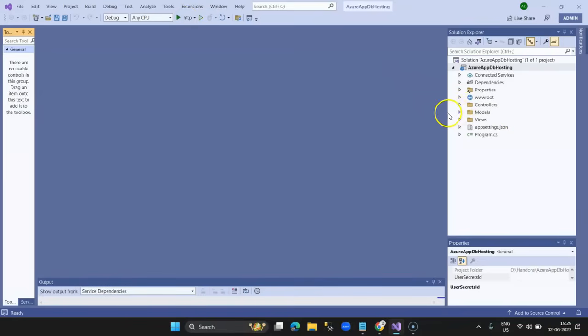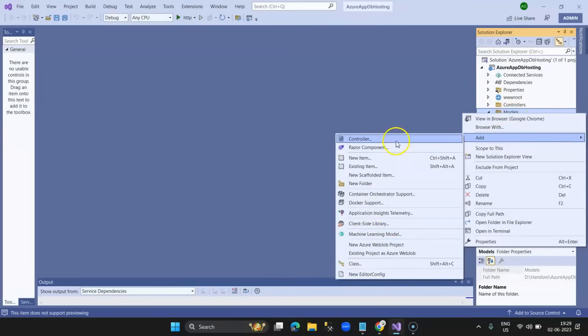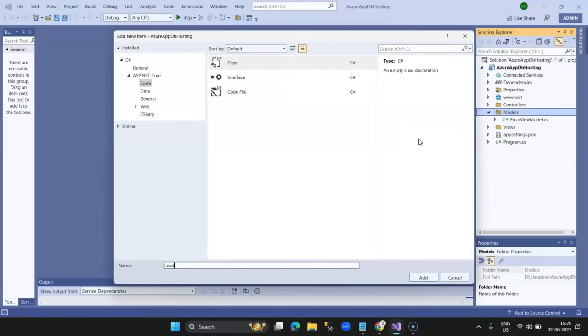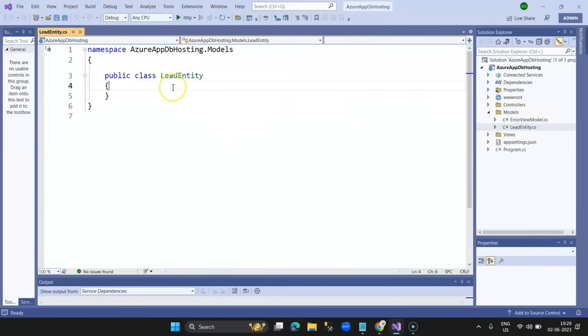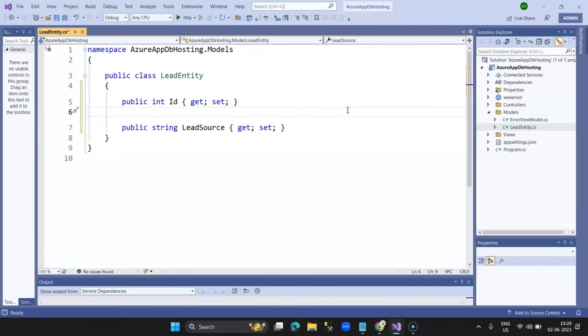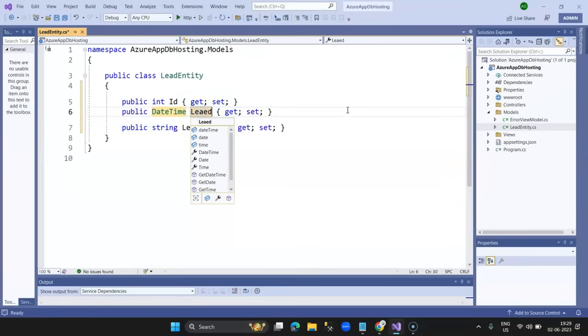And let's go ahead and quickly create the necessary requirement. Let's first create a model class. I right click on the model, say class, and I say lead entity. So this is a model that captures the leads, so lead entity. Let's create the properties: prop id, and then we have prop source, lead source. We should also have prop date time, lead date,